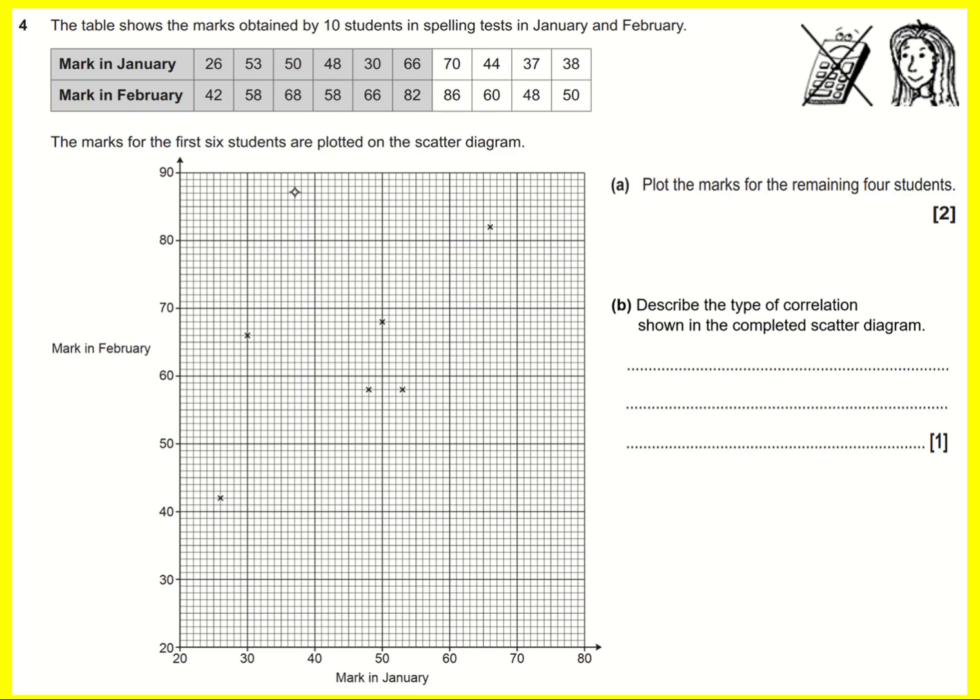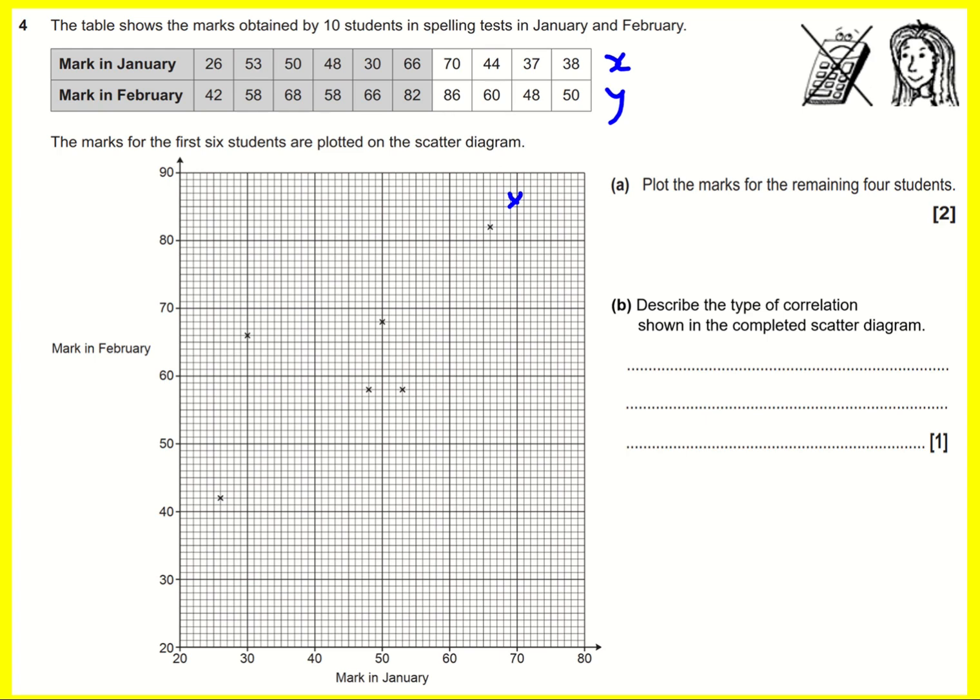We have 6 points plotted on this scatter graph, and we're asked to plot the other 4. So marks in January is along the x-axis, and marks in February is along the y-axis, which means I can go to do the next one. I can go along to 70 and then up to 86 here,